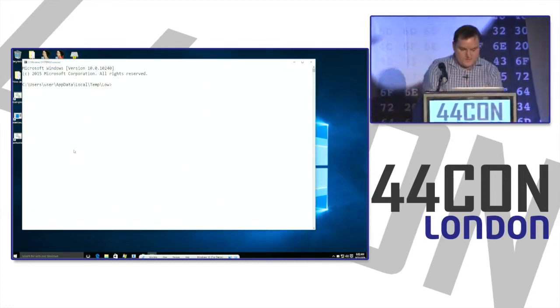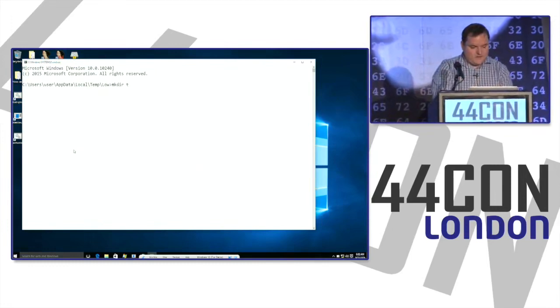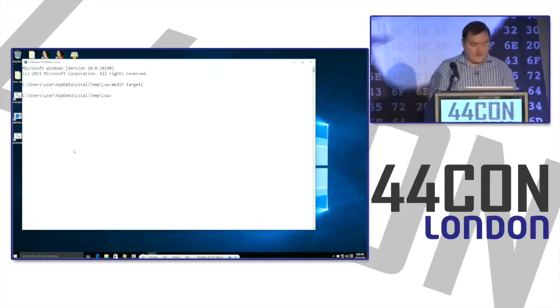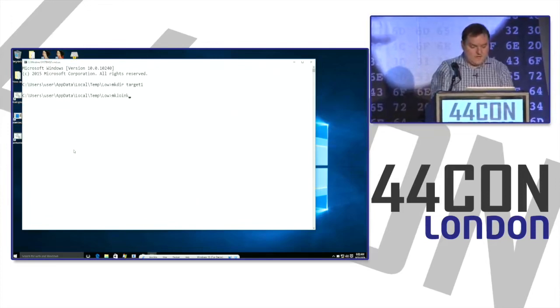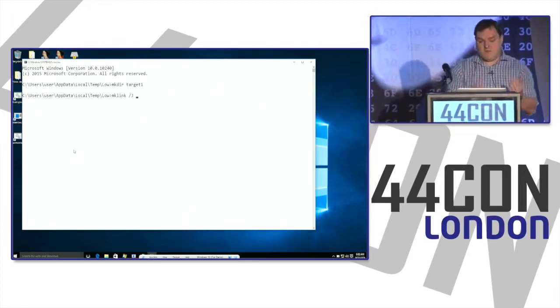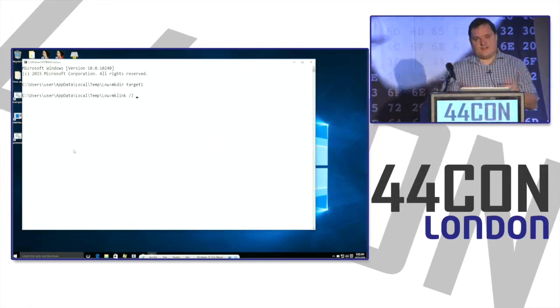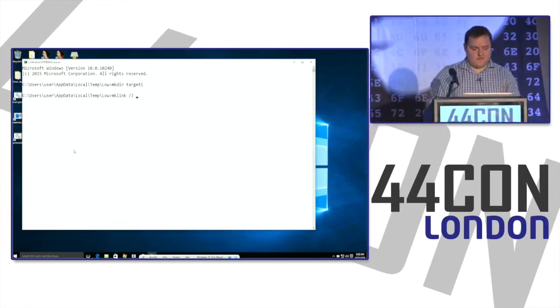Okay, so I could just create, say, a target directory, target1, and the command interpreter actually has a built-in tool, mklink, which will allow you to create a junction, a mount point. And so this obviously doesn't use any special tricks to do it. It just does the normal operation.